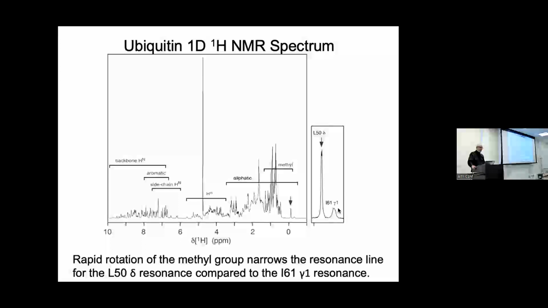So a lot of the line narrowing there comes from the 3-fold rotation of the methyl group, and that very fast dynamic process dramatically narrows the lines, which is partly why for very large proteins in solution, one does a lot of methyl experiments. But it also reminded me to say, realizing that this was an isoleucine methylene group,